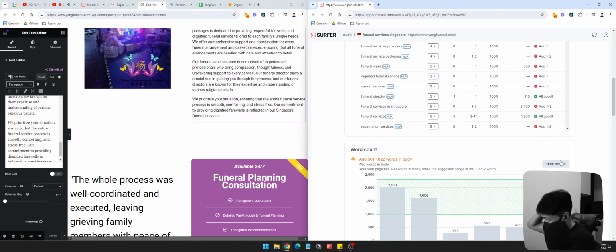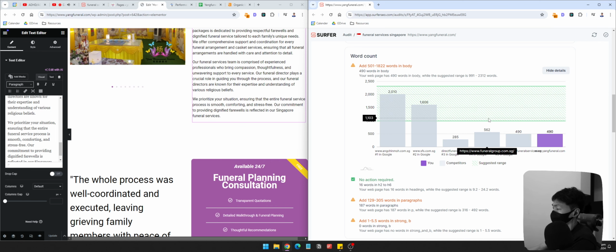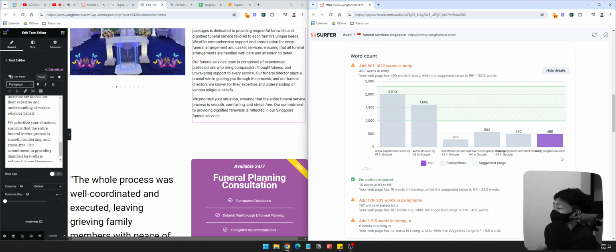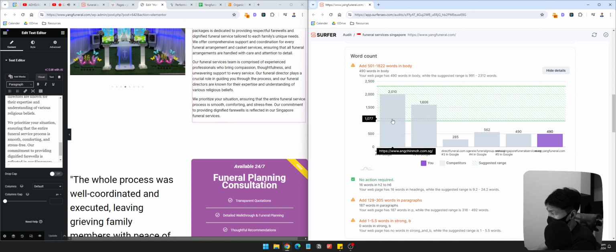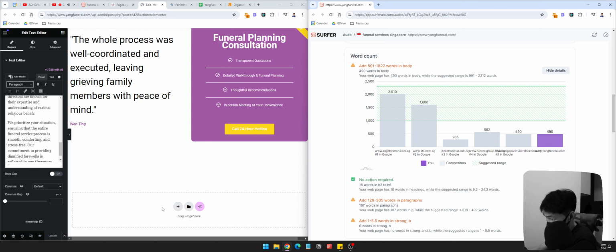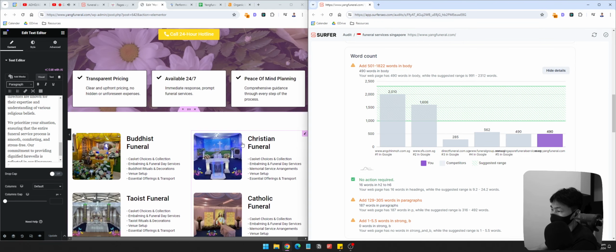And then, in terms of the words, I usually like to be in range with the words. However, it's also dependent on the competitors. So you can see the first and the second position have 1,500 average words. Ideally, I would want the website to be at this place, but in order for me to do that, I will need to add in either a FAQ or boost up this page, which I will need